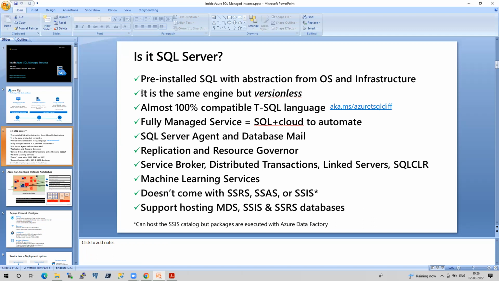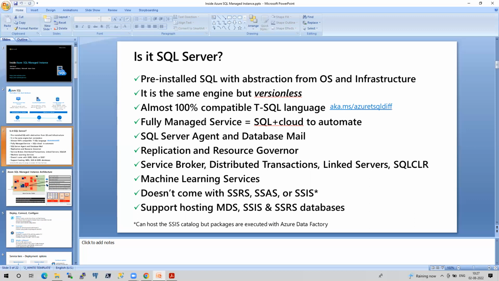So it's the same engine, like what we have on SQL, but if you fire select @@version, there will not be any version associated with it. That's why platform as a service is also called versionless SQL service. Keep this in your mind, guys. If you run select @@version, it will give you something like Microsoft Azure RTM, and in the brackets, they will say 12 point something. 12 point doesn't mean it is 2014. If you are working on MI or Azure SQL, it is completely versionless. So don't get confused when it is showing 12 point something something.